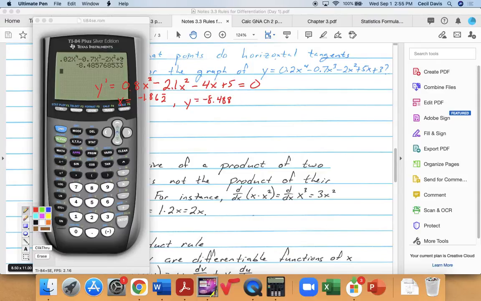And remember that you can round your final answers off to 3 decimal places, or you can truncate after 3 decimal places. So our first point is -1.862, comma, -8.488. The cool thing about this is that when I go back to my graph,